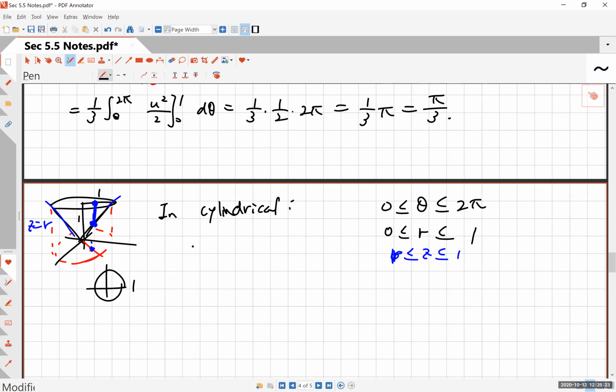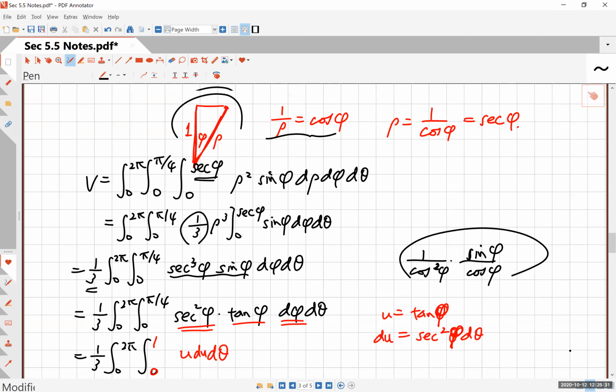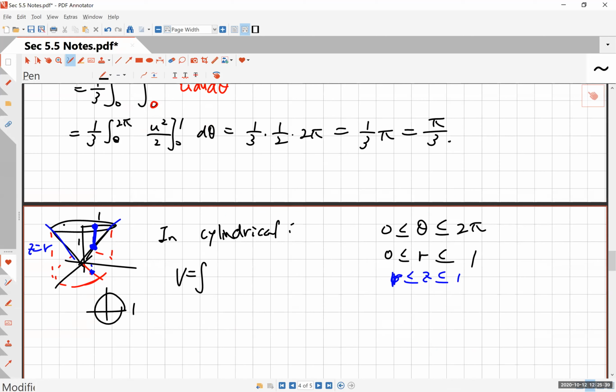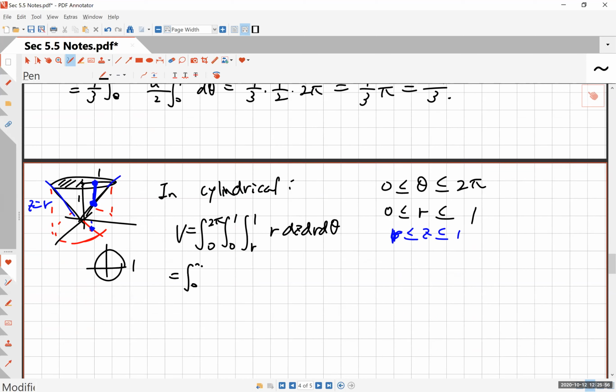And so if you set this up in a cylindrical coordinate system, it's going to be a little easier, because the flat top is not very friendly to spherical coordinate system, but it is friendly to cylindrical, or you could say cylindrical coordinate system is more friendly to a flat top than the spherical coordinate system is. So this goes from 0 to 2 pi, this goes from 0 to 1, and then r to 1, r dz dr d theta. Okay, you want to go ahead and do this? Yes, you do, because you're a calculus student and you look forward to doing problems.